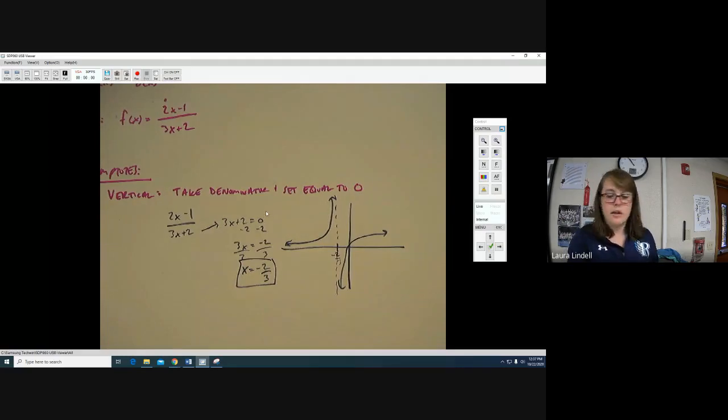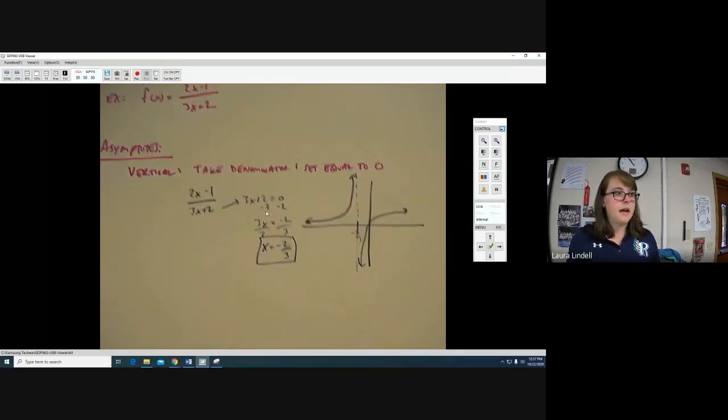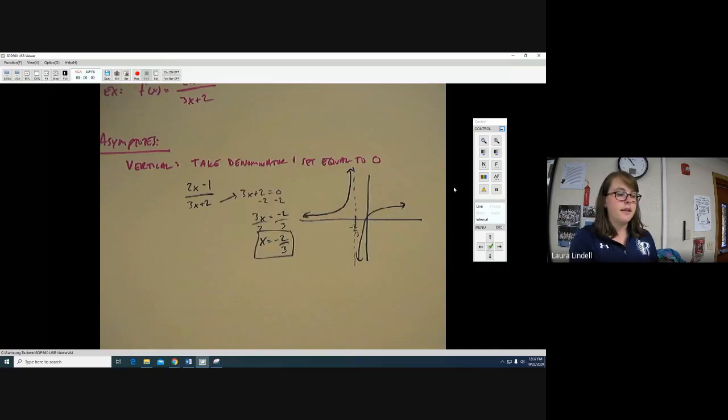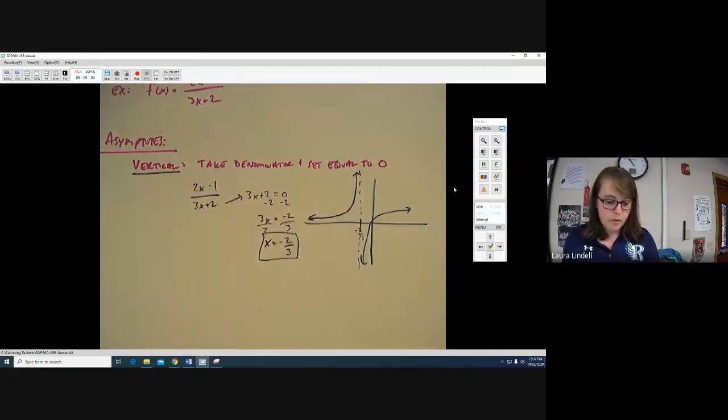Okay, so that's a vertical asymptote. Take the denominator, set it equal to 0. That's probably the easier of the asymptotes to find. The one that people tend to have a harder time with is finding a horizontal asymptote, because there's a couple different possibilities depending on how the function's written. So for horizontal,